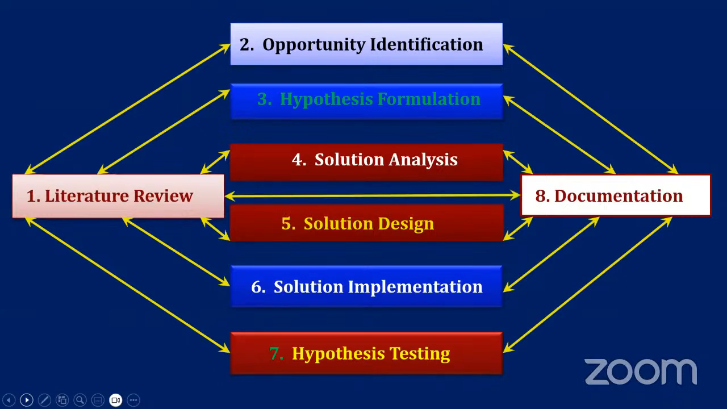I am allowing you to view this properly. This is my designed 8-point research framework. And there is much to explain on this. Observe that here we have number one literature review and the 8th point as documentation. Second point is opportunity identification. Third point in the research phase is hypothesis formulation. Then fourth is solution analysis. Fifth is actual solution design. Then sixth is implementation, and then testing and concluding,